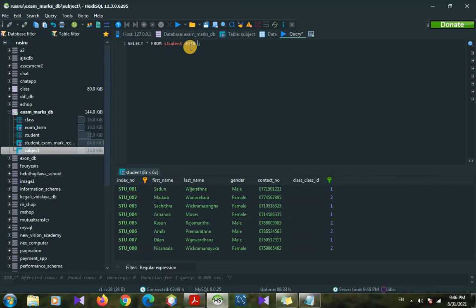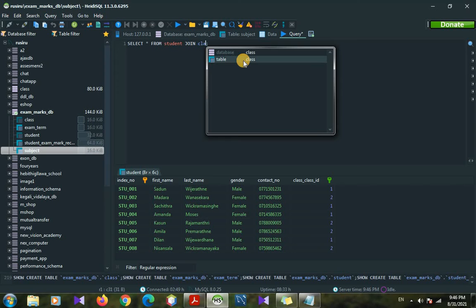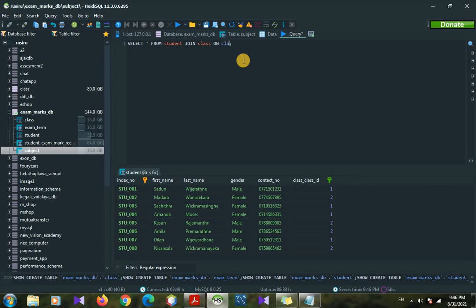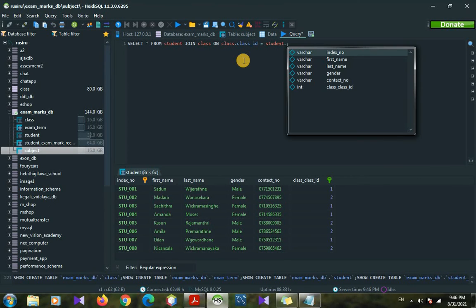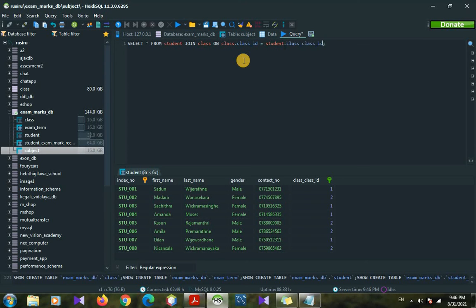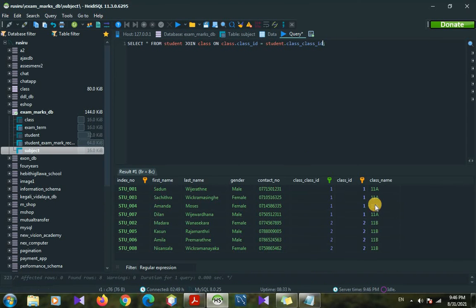So here we can type class table, because here we have the class ID and we should take the class name. Then it should be joined on class table dot class ID equals student table dot class ID. So if we run this now, it's coming all the columns, with the class ID appearing in both tables.